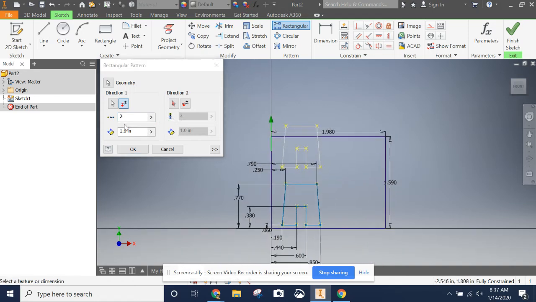We also need to choose how far apart the mirroring is. So we can see this is a little bit of a problem right now at 1 inch. So here's what we're going to do. All right, we're going to make Autodesk do some math for us. We know that we need to take the total height, 1.59,